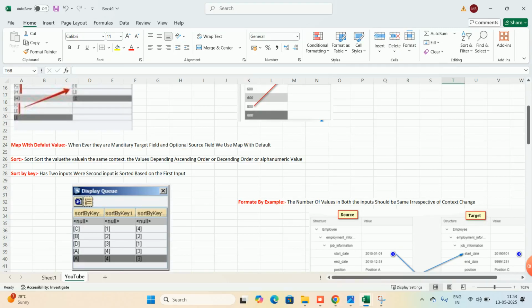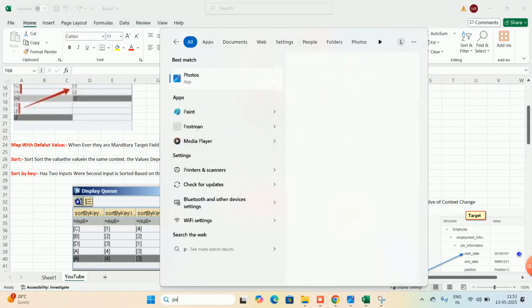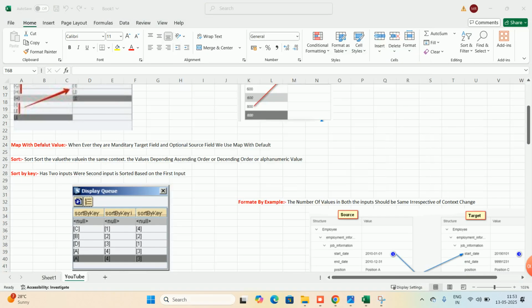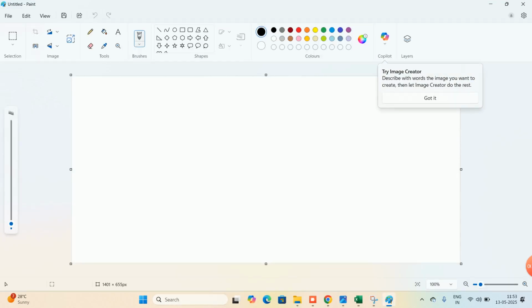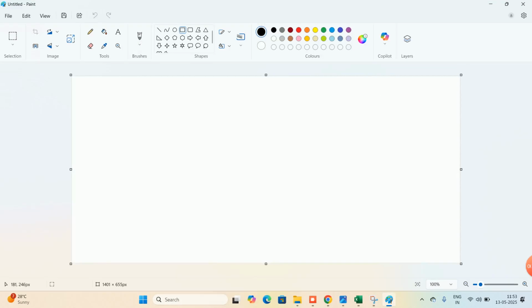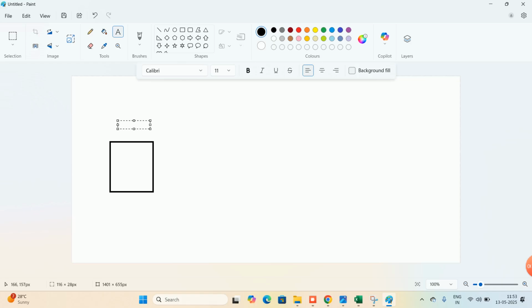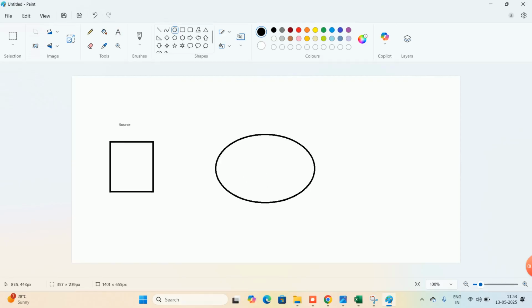Suppose I will open Paint. This is source system. This is SAP CPI.